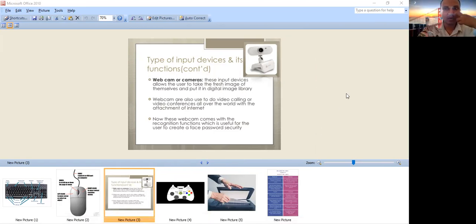Right now I'm recording in Zoom, so this is also a video conference. You can see video calling, for example WhatsApp video call, Zoom video call, or Zoom video meetings. These all are possible because of this web camera.